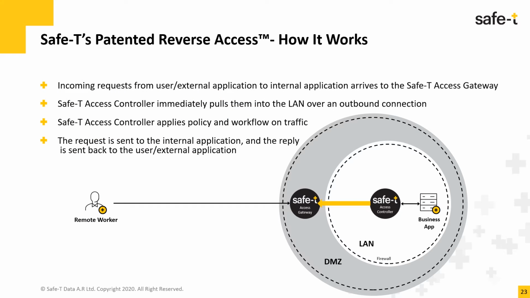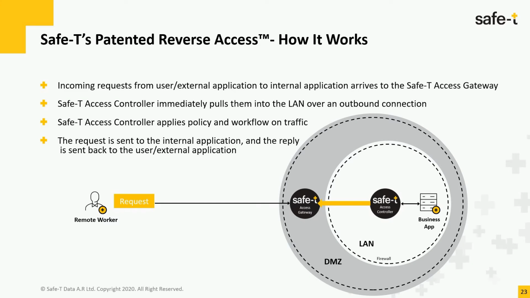Safety's patented reverse access technology removes the need to open any ports within a firewall while allowing secure application access between networks. The role of the access gateway is to act as a front end to all services and applications. It operates without the need to open any ports within the firewall, therefore ensuring that only legitimate session data can pass through it. It performs TCP offloading, allowing it to support any TCP-based application without the need to decrypt the